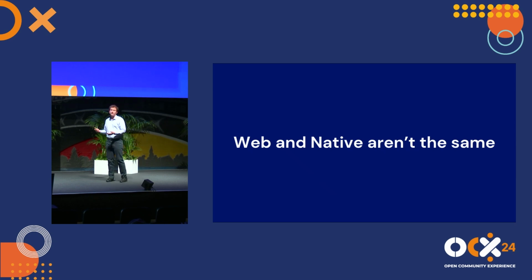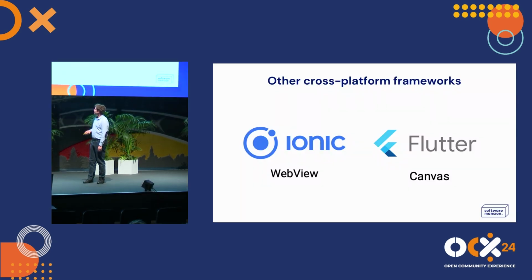So you might not have access to the proper native APIs. And different cross-platform frameworks basically handle it in different ways. So, for example, Ionic uses a web view, and it basically renders apps written in, for example, React or just plain HTML. But you also have plugins available which allow you to use all the native APIs there. Flutter, on the other hand,